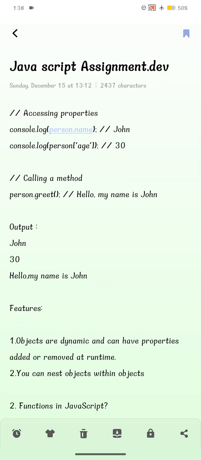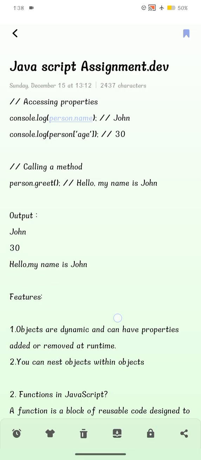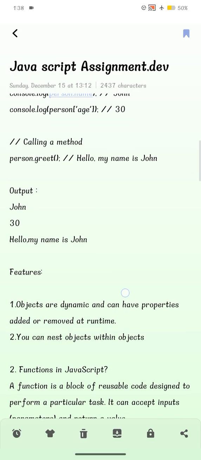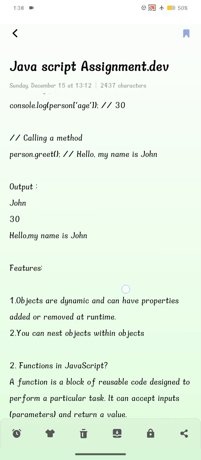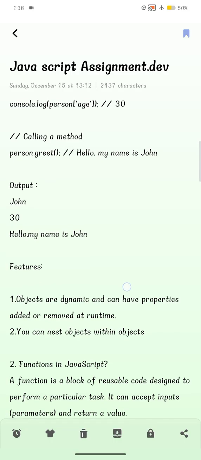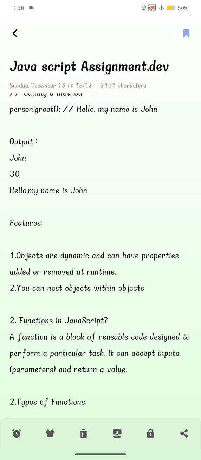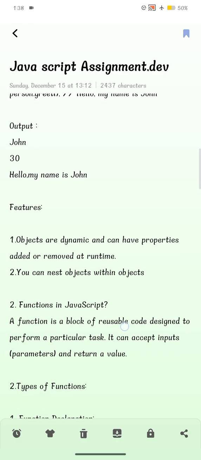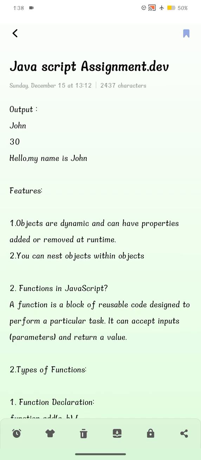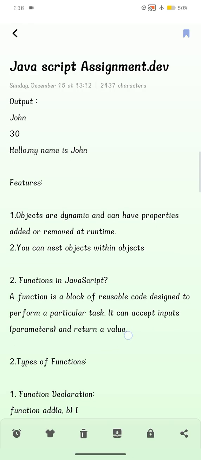And accessing properties: console.log(person.name), accessing the name property. console.log(person['age']), accessing the age property using bracket notation. And coming to calling a method, person.greet(), calling the greet method. For the output, John, the value of the name property, and 30, the value of the age property,